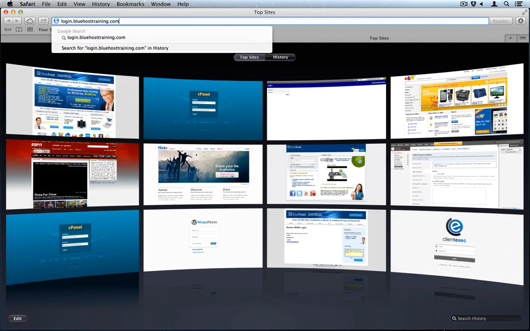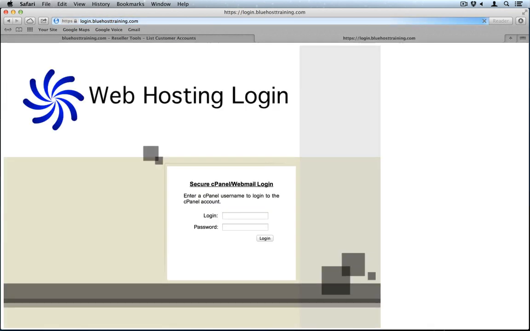So to log in, just go to login dot and then your domain name. So in this case, bluehosttraining.com. They're going to log in with their username and they're going to log in with their password. Now if they were for any reason to forget their password, let me show you how to reset the password